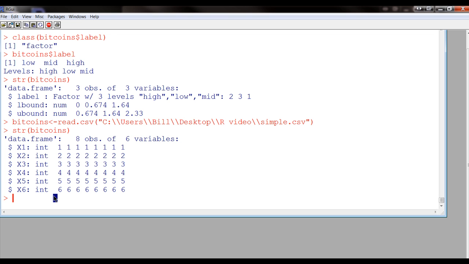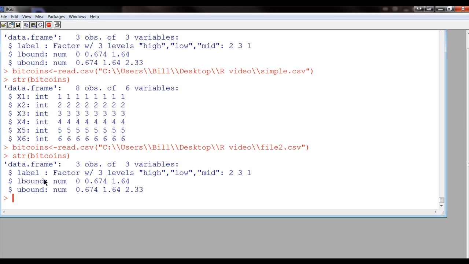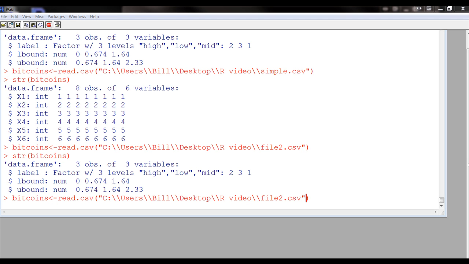So let's go back and read it again, because we have the wrong one in there. So let's go back to here and read in file 2. And just to check, let's see the class of that. So it's still a factor. Now if we go back and read it again, and force the first column to be a string, or actually all the columns to be strings,